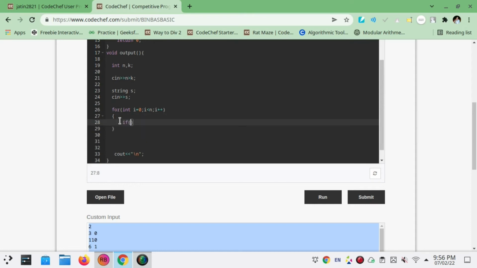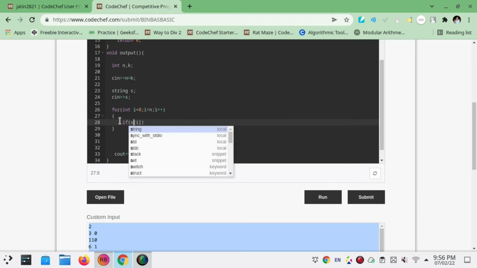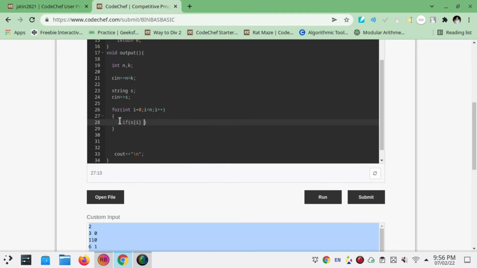It will check if s of i, see, if the bits at the position, let's say 0 and position n minus 1 are equal, then it means it is already satisfying the eligibility criteria for being a palindrome. So we do not need to perform any operation, okay. While if the bits are not equal,